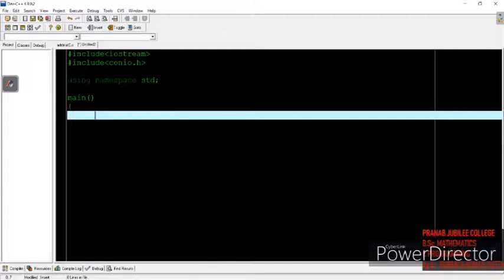As we discussed in the last video, the first thing we'll need is three two-dimensional arrays. Why? Because we have to take two matrices from the user, so for two matrices we need two arrays. Both the matrices will be added, and that sum will be stored in another array, the third array. So in total we need three arrays.